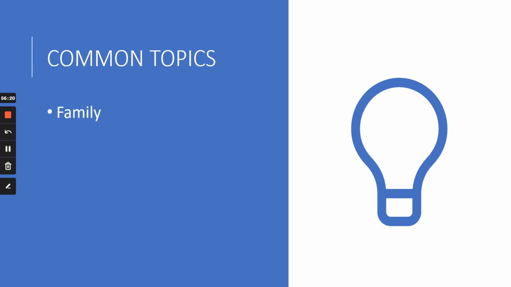The topic of the essay can be on family. The topic of the essay can be on the population. The topic of the essay can be on the weather. So you should be aware of different weathers on this blue planet. So read about weather in your BBC app or in a Google article, and if you get an essay on weather, you will have an advantage of generating good ideas.